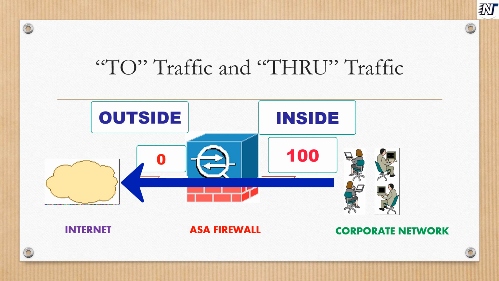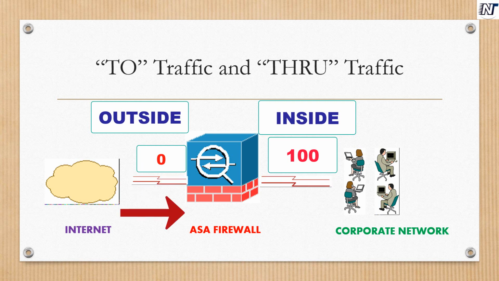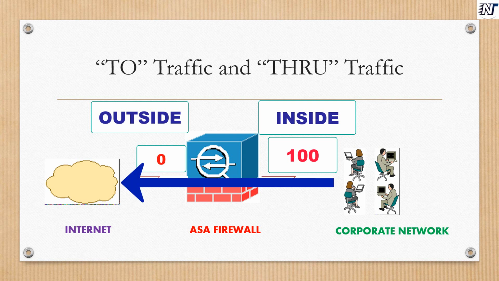It creates a state entry. When the return entry is coming back from the internet, it's going to check the table called the state table or the connection table, and in the connection table you will see a return entry which was created when the traffic was allowed from high level interface to low level interface by default. So by default, all traffic going from high to low interface is allowed. It's only inspected implicitly for TCP and UDP.